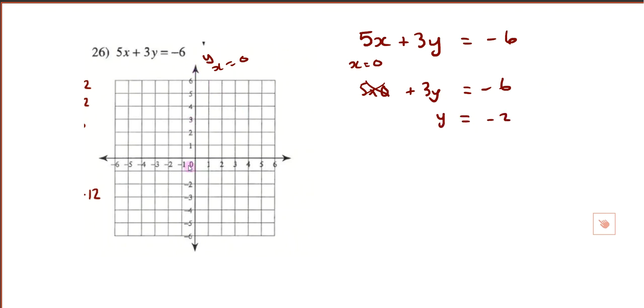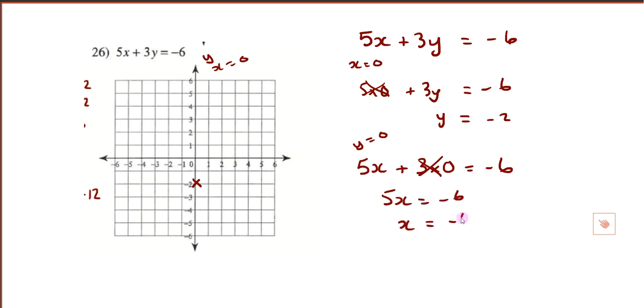So that means this one is here. Now if I do y equals 0, I've got 5x plus 3 times 0 equals negative 6, so 5x is negative 6, which means x is negative 6 divided by 5, which